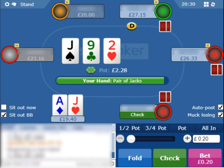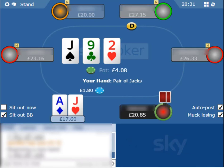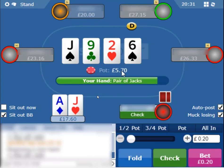We flop top pair on a very dry board. We like to go with the c-bet, as of course we should. We get check called by someone who I think is a pretty decent regular. Could be wrong. I don't see him that often, but when I do, he seems to play well, seems quite aggressive. So when he check calls such a dry flop, I'm thinking he can definitely have